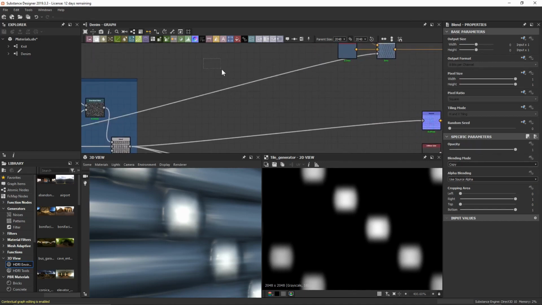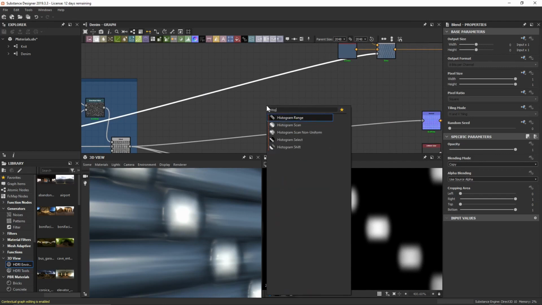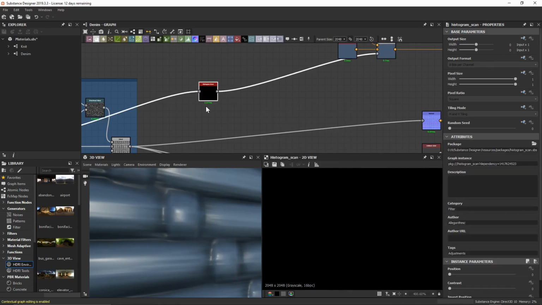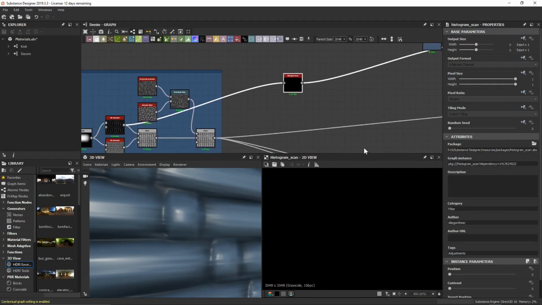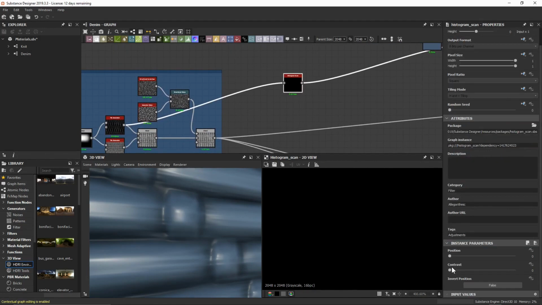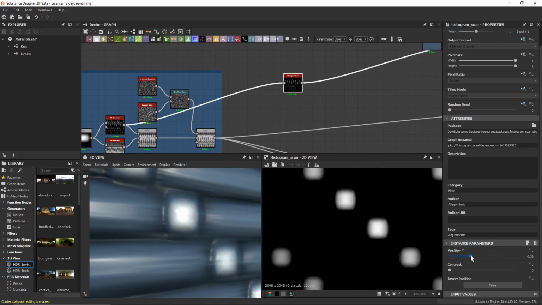So on this selection here, I'm going to type in histogram once again, and I want to use a histogram scan node. What this node will do is essentially scan through the histogram, kind of like what we did with the histogram select. However, we don't have as much flexibility as we did with that node. Instead, it's just going to scan from white to black and give us an output of those pixel